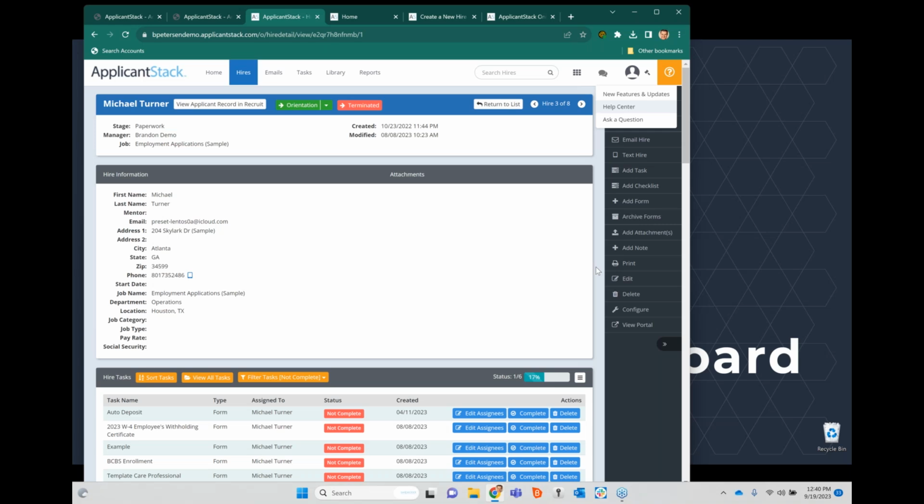All right. Next question is, what if the candidate we want to hire isn't in ApplicantStack Recruit? Can I hire them in onboarding or add them to onboarding? Great question. Yes, you can start fresh just within onboarding. You don't need to move them from Recruit. However, you won't have an application on file inside ApplicantStack, so you might want to consider still starting them in Recruit. But to your point, yes, you can start fresh just from onboarding, and you do that by coming to the Hires tab,